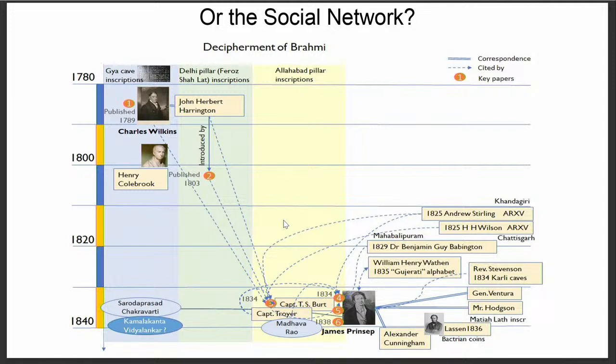So Ventura, and then comes Stevenson. Stevenson, Karli cave; I think some of you are aware of the Karli caves. There are Buddhist inscriptions, and those are from the 1st century CE. Those are the early Brahmi inscriptions found there. So Stevenson was working there. Hodgson, as I mentioned, was working mostly in the area of Nepal and that part. And